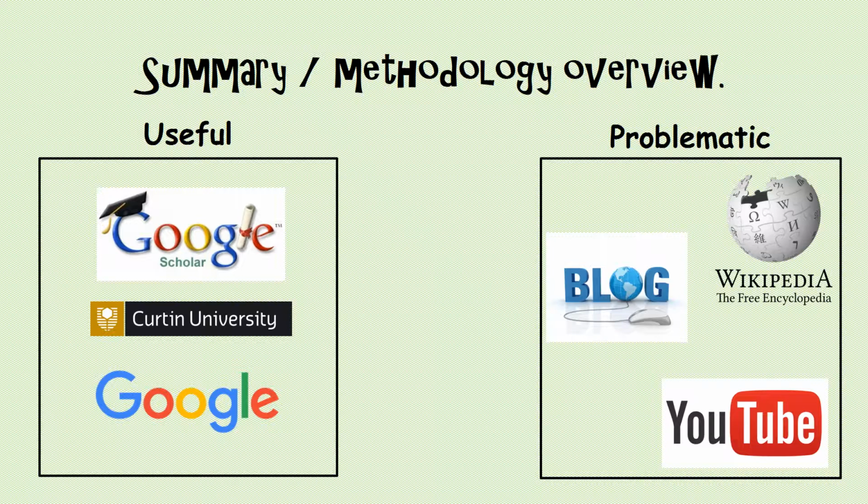I found a lot of information for statistics and to support my report, and information on things such as biodiversity and the water cycle. However, some resources I found were quite biased and didn't link up with other resources, and they were quite problematic. These were things such as YouTube, Wikipedia, and online blogs.